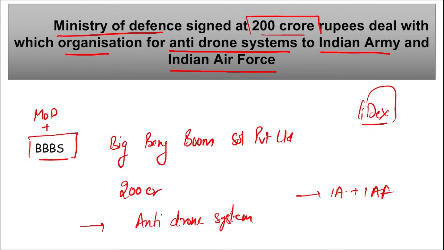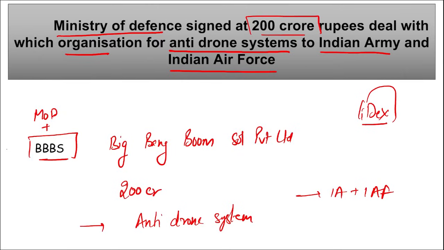Then if we talk about this BBBS, it has introduced Vajra Sentinel system, that is a state-of-the-art artificial intelligence fingerprinting based detection and jamming technology. Apart from this, it operates within a range of 10 kilometers, with hard kill activation initiated up to a distance of 5 to 6 kilometers. That means if any UAV, unmanned aerial vehicle, or any object is within 5 to 6 kilometers, then it can kill that device.